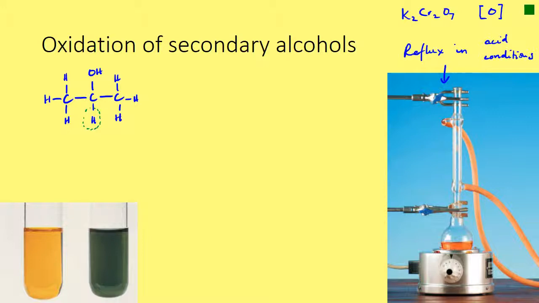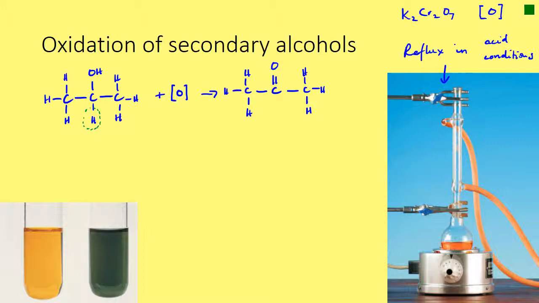In this case we've still got a hydrogen, but we're only going to go one step because we've only got one hydrogen to lose. Okay, so let's add our oxygen from our oxidizing agent, and let's see what we get. Okay, we're still going to have our carbonyl group, but in this case, once we've increased our bonds to oxygen, which is what's going to happen in this oxidation reaction, we've got our methyl group off one side and we've got our methyl group off the other side, and now the